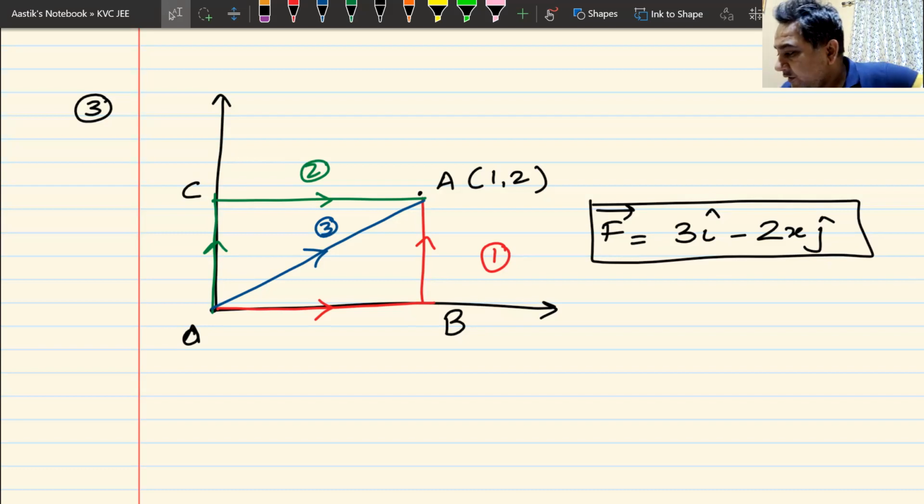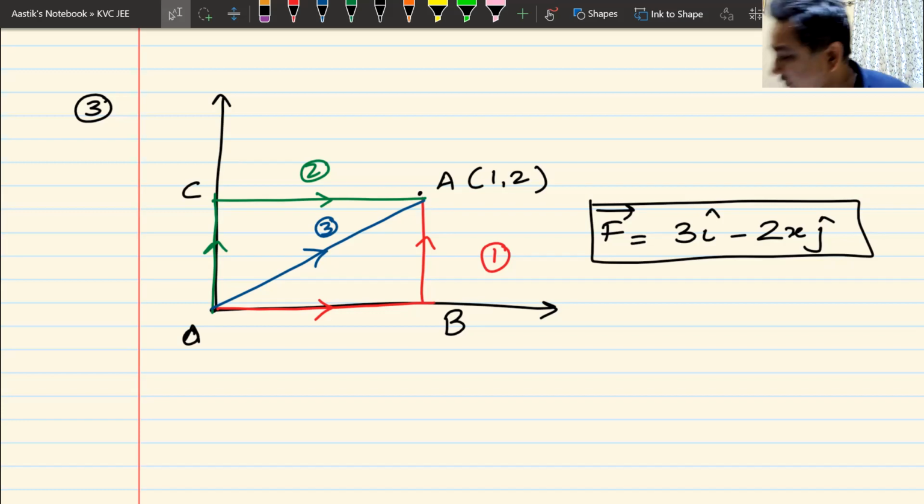What we have done up till now is that we have seen whether a force is conservative or not, and we have also seen if the force is conservative, how we can find out the work done. We are now trying to do one or two problems based on non-conservative forces. And we know that if the forces are non-conservative, we'll have to look for the path. We have done one example. We'll do one more. I think I had given you for homework. And let's see how we are supposed to do it.